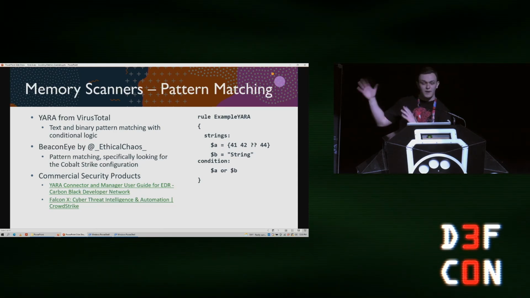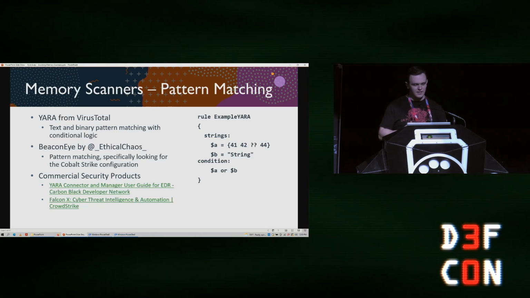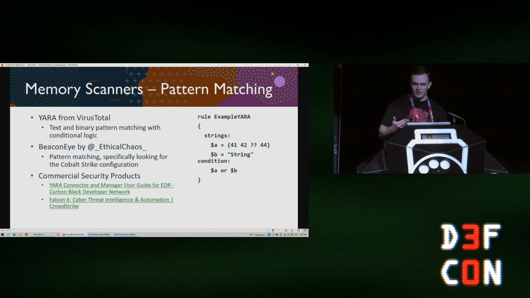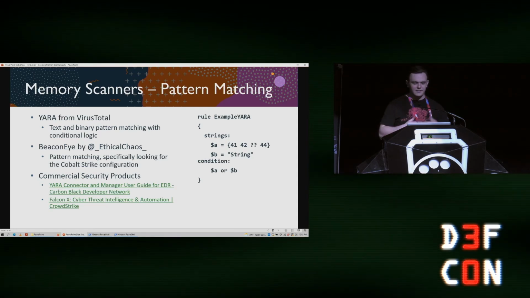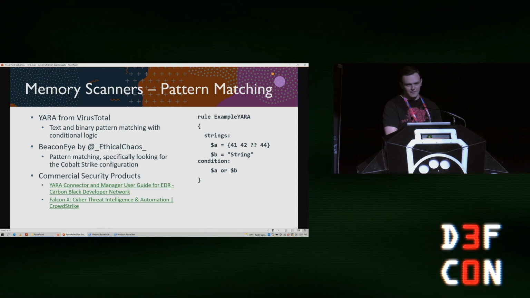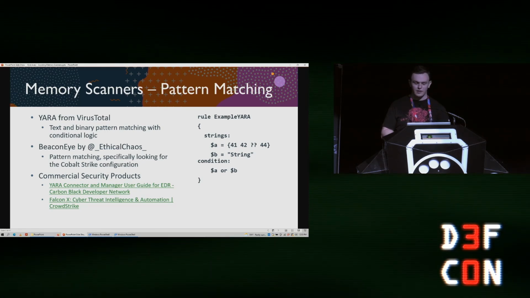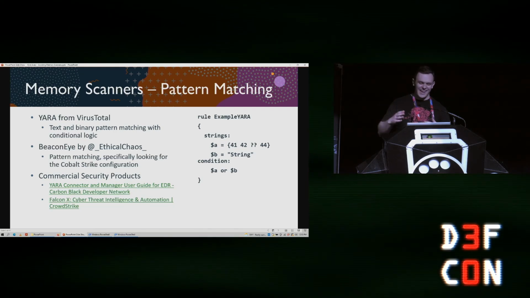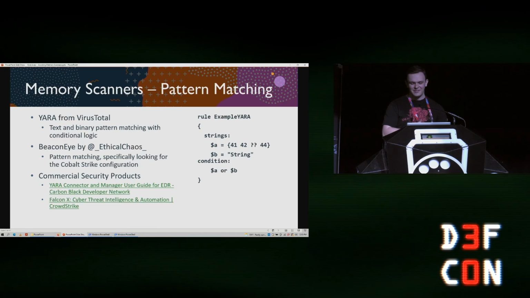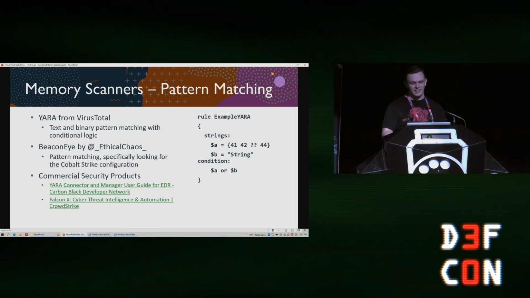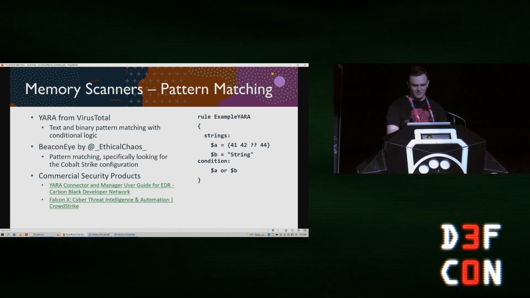And so all of this is pattern matching. Pattern matching is traditionally kind of easy to bypass because you just modify the part of your malware that's been signatured. But if you're already using it and then someone writes a signature after the fact, you'd have to pull that back and then redeploy it. So a bypass for pattern matching could be temporary, right? Where you just change the malware in a way that it doesn't get caught. But we'll talk about what a more permanent bypass might look like as well.